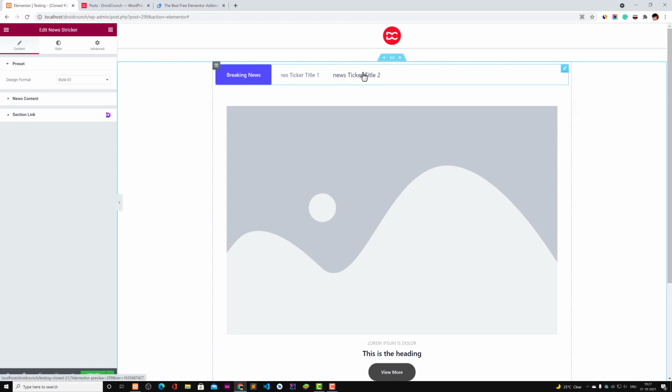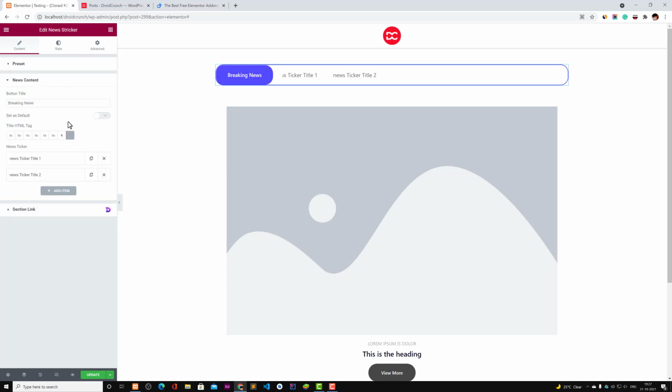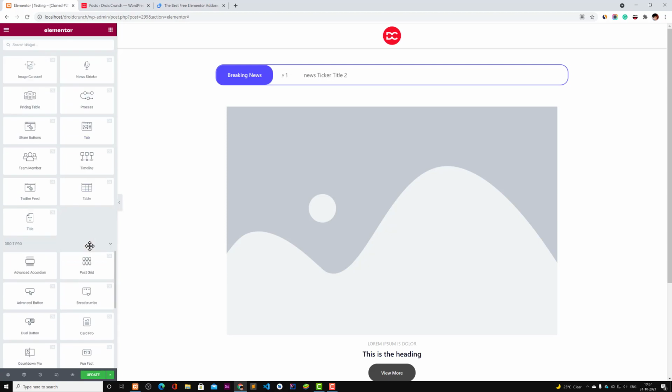And let me show you some other widgets like this new sticker. Looks good. If you hover over it, it will stop. Otherwise it will just go on like this. And there are some stylings like this. You can change the content from the content area. Again, this doesn't support dynamic text, as I said. And here you can see the theme member widget.